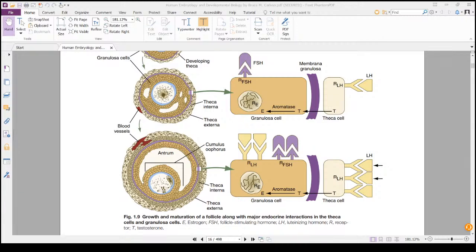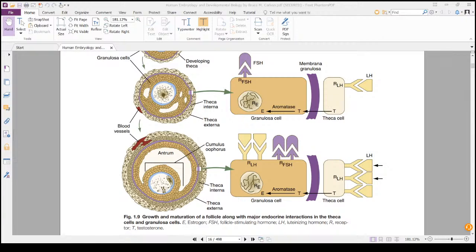But it also stimulates the formation of LH receptor on the granulosa cells. Through this mechanism, the follicular cells are able to respond to the LH surge that I'll be teaching you in the menstrual cycle. So this estrogen acts on the granulosa cells and causes the expression of LH receptor on them also. Now the follicle enlarges and becomes the tertiary follicle,